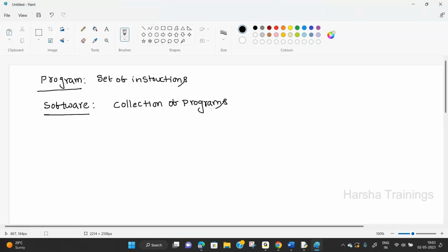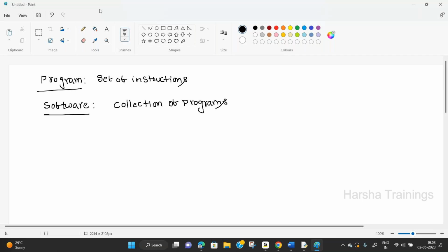For example, right now everyone is viewing my Paint software. In this, pen, pencil, fill, text, eraser, and color are each one program. Now you understand multiple programs are clubbed together and they form the Paint software.